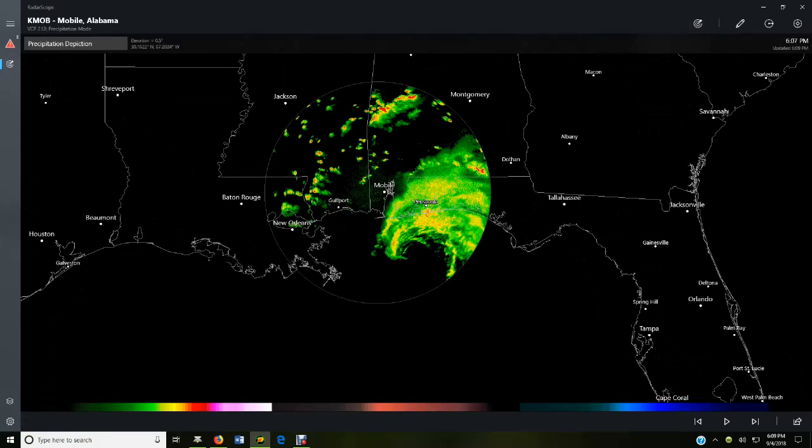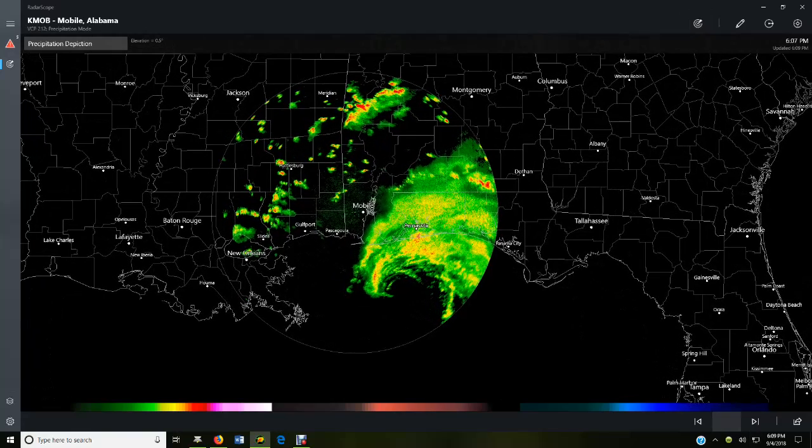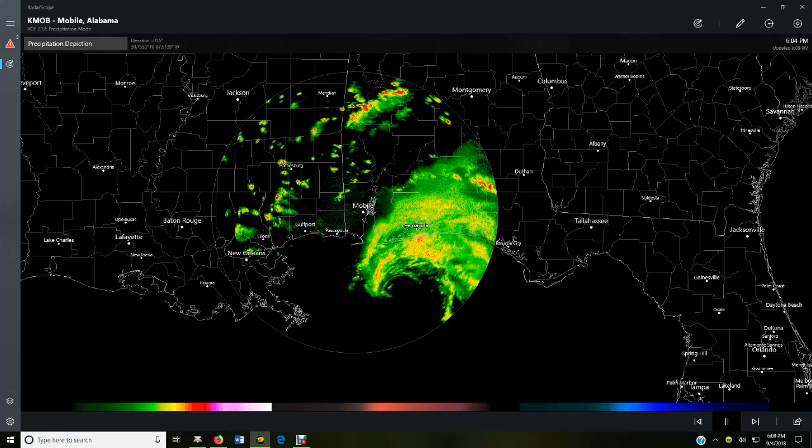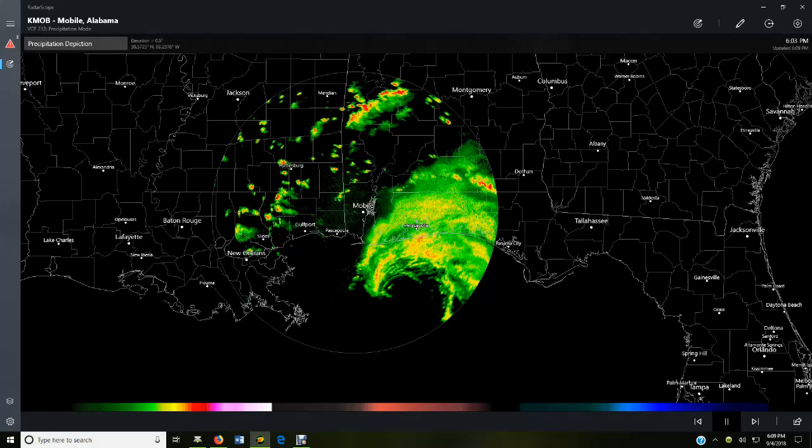So let me just show you really quickly what's going on here with Florence, and I'll loop this, not Florence, Gordon. Then we'll be taking a look at Florence, a very interesting scene, in a couple of minutes. But anyway, here is Gordon. You can see here it seems to be where approximately the center is, and that will continue to come up here to the northwest,